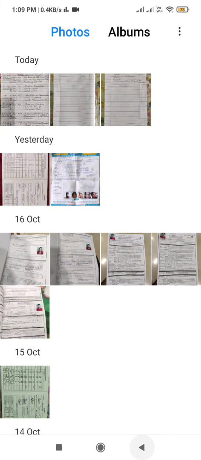Okay, and then this is the second page. Here also you have to do the same thing, like name, class, roll number, and page number. You must not forget to mention it. So this is the page number. Now I'm going to teach you how to create a PDF file.